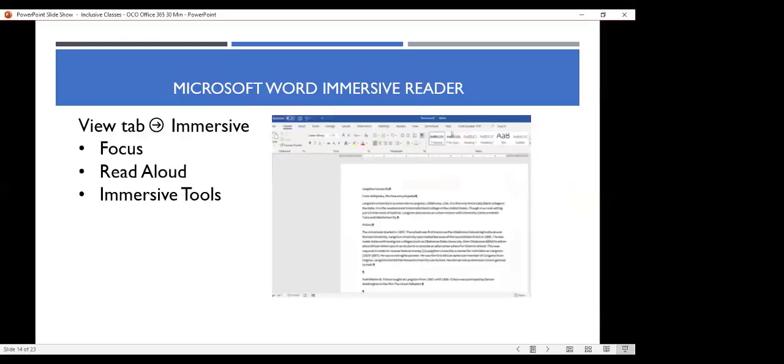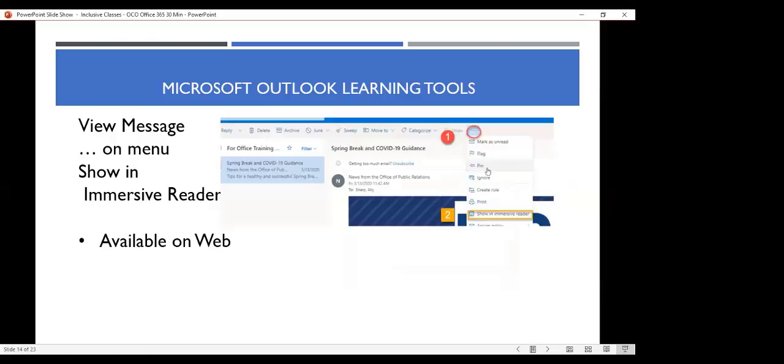So these tools also exist in Microsoft Outlook, only they're hard to find because Microsoft likes to hide the best things, it seems like. So in an Outlook message, this is on the web, by the way, not on the desktop one. In the Microsoft Outlook web version, there's 3 little dots at the very top of a message, and when you select it, it has the option to show in Immersive Reader. I'm a beta tester, and I'm seeing the tools appear on the menus in the beta version, so I think that's going to change. But if you look at Show Immersive Reader, it will read messages out loud to you.